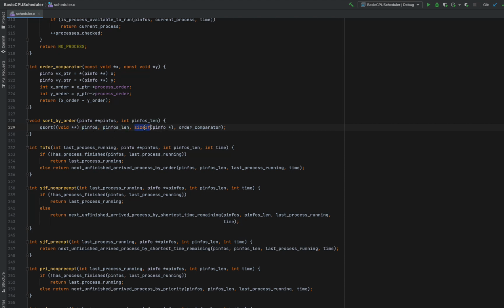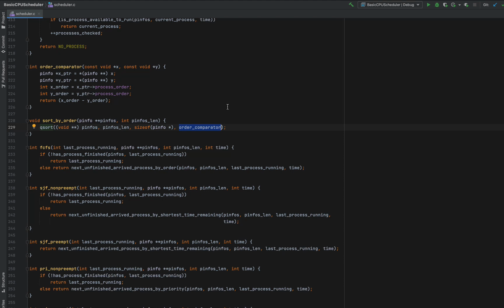We pass on the size of one element of this array. Now each element of this array is basically a pointer to a structure. So we pass on the size of a p-info pointer, and we give it the function pointer to an order comparator. What the order comparator is going to do, and its code is right here above, is it takes two